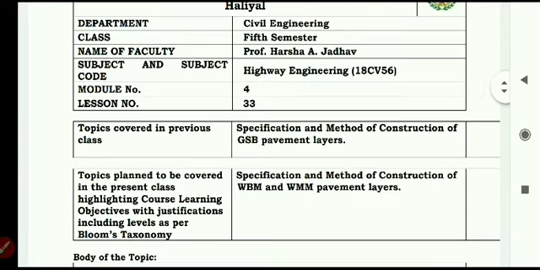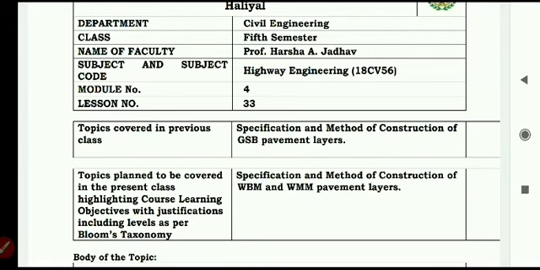So what we are using here in the construction of highways are aggregates, cement, bitumen, sand, okay, and still many more materials are there. All these materials we are using in the construction of highways. So these materials are called highway construction materials or highway engineering materials. Even it is also called highway materials.